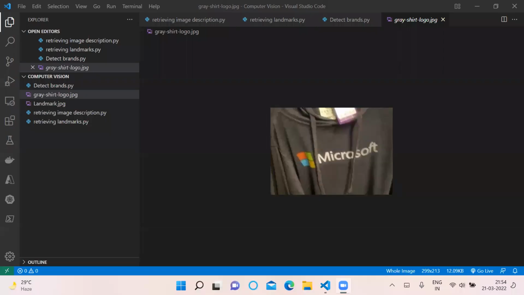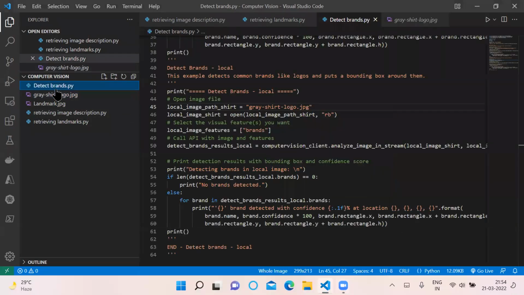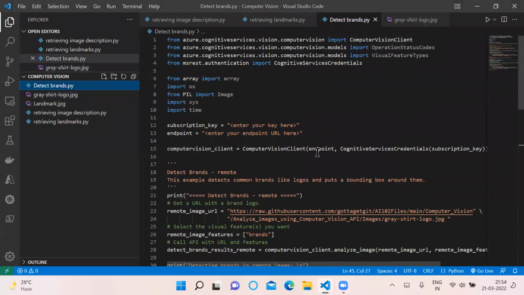So hey guys, today in this video I'll show you how to detect brand names from an image. This is basically the code which we are using. The modules are the same which we installed in the previous video. So loading all these, then we have to create a